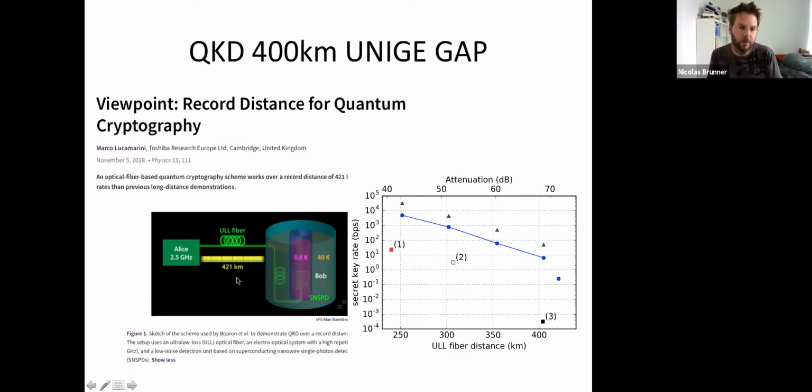So remember, the problem is that when you have such a long distance, once you send the photon in, the probability that it arrives is very low, right? But then even if it arrives, you still need to detect it, right? And detecting single photons is something that is typically challenging, and standard detectors have an efficiency of about 10% for doing this. And so what people here in Geneva developed